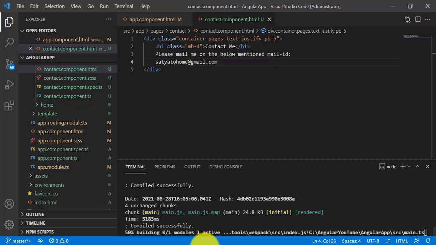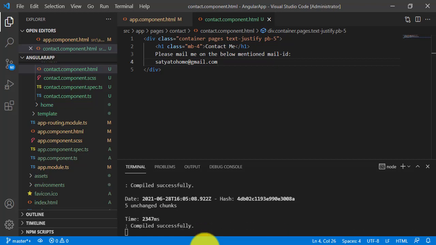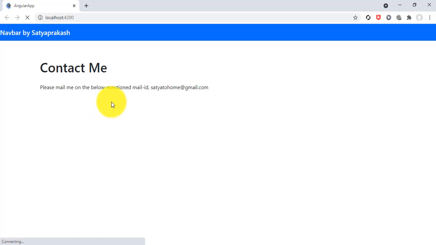After that I will refresh this URL, localhost, and check the output, and you can see: please mail me on the below mentioned mail ID, that is satya2home@gmail.com.